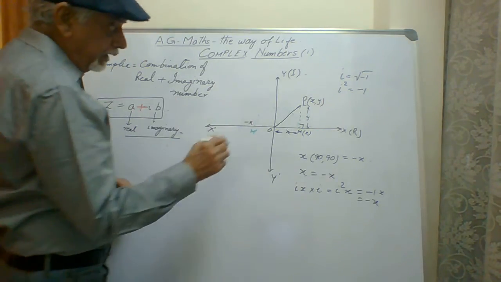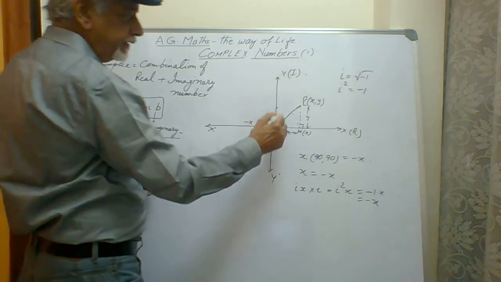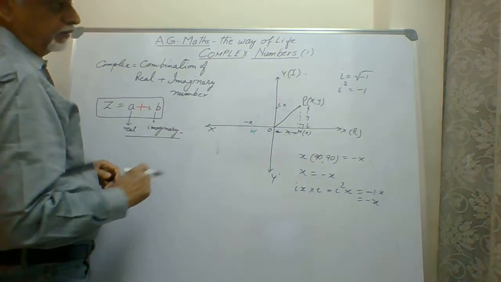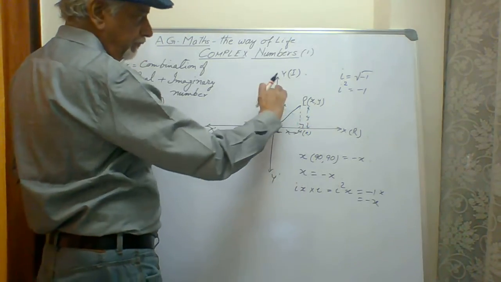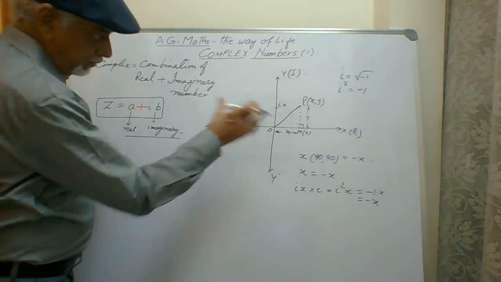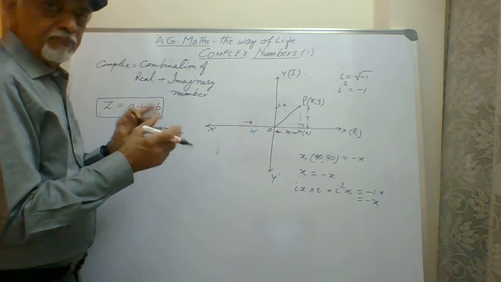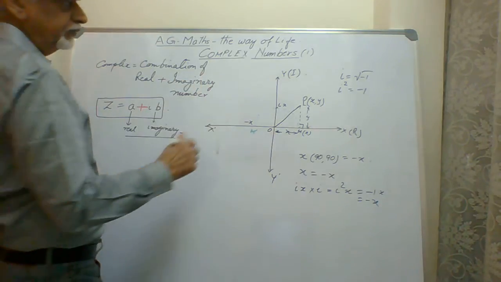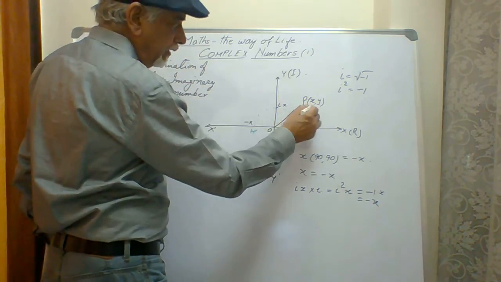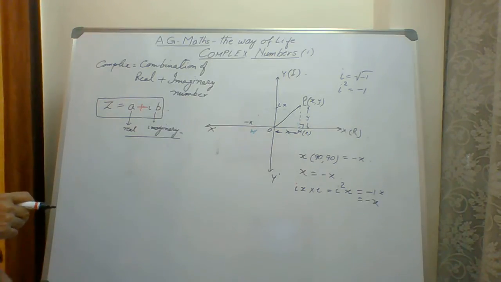Everybody agrees. So in between, at this point, when it is getting turned by 90 degrees, I will call this I times x, or if this measurement is some y, then we will call it I times y. So this value is I times the normal. So this axis becomes the imaginary multiplication of I with any value. Now see, if this value is not equal to x, it is more than x, so this is x and y.